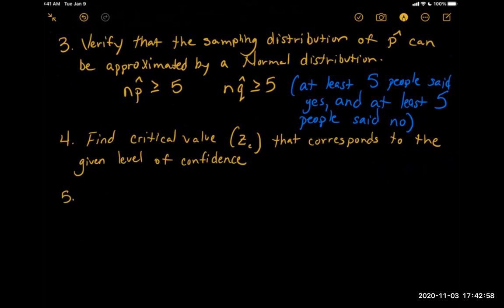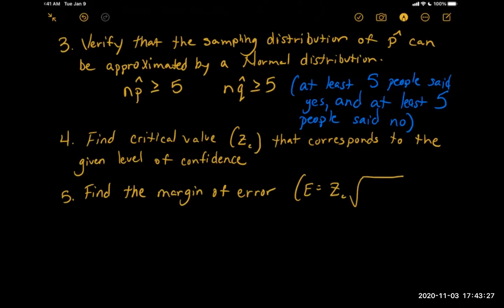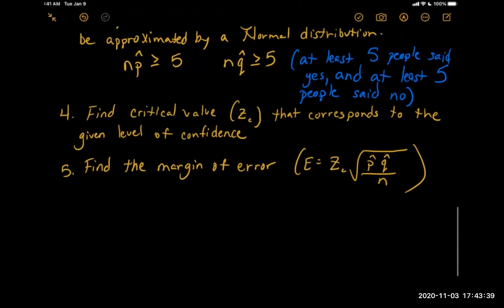And then after we know all that stuff, we know that it's normal, which means we can use the critical value. We know the number of people who said yes, we know the number of people who said no, and we know the total number of people we asked. Now we can find the margin of error. And the formula that we did for margin of error was E equals critical value. The only part of this you should really be confused on right now is critical value. That's the only part I haven't gotten to yet. Everything else you should feel reasonably okay about. If you don't know critical value, it's cool.